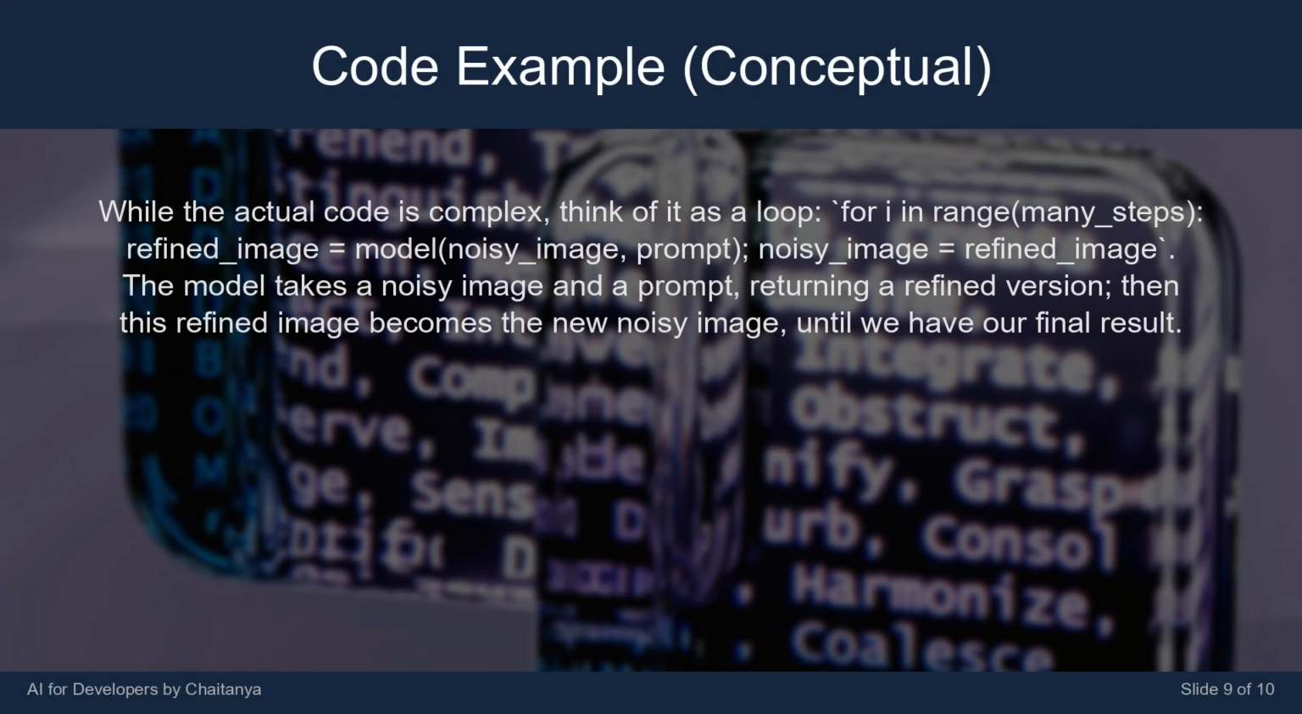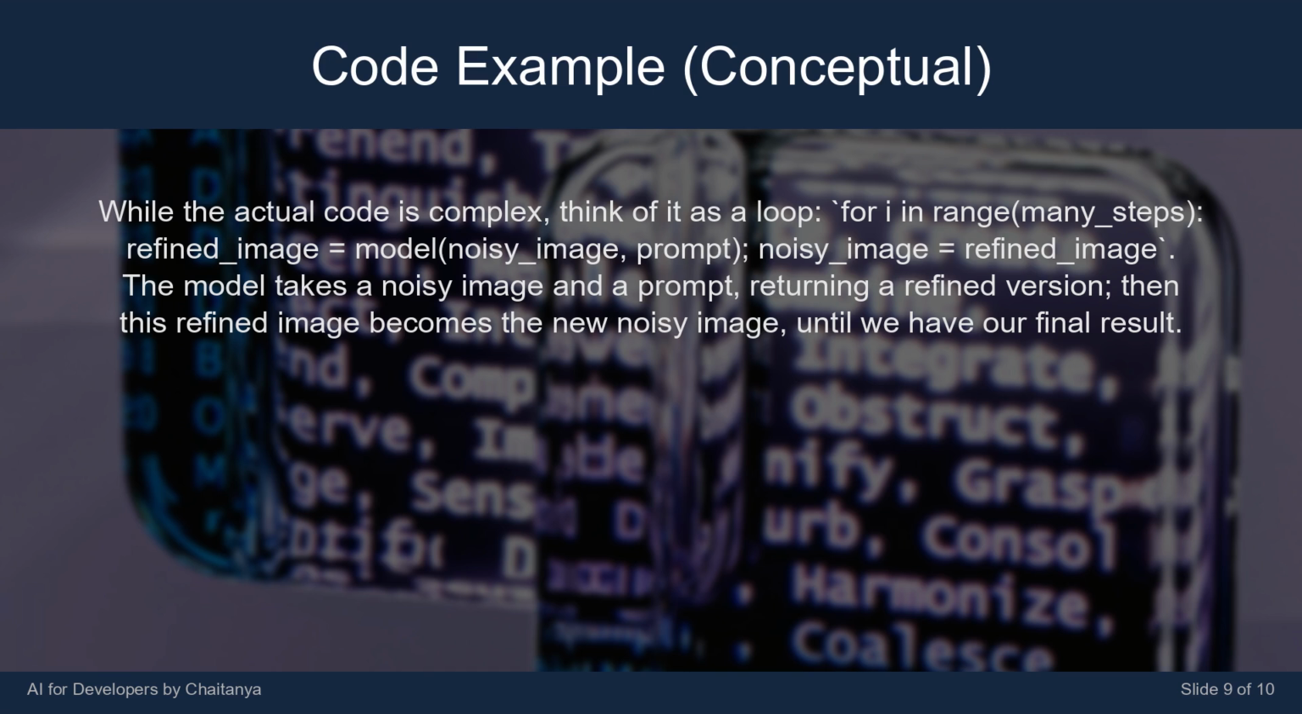While the actual code is complex, think of it as a loop. `for i in range(many_steps): refined_image = model(noisy_image, prompt); noisy_image = refined_image`